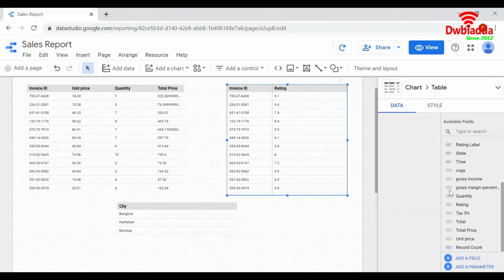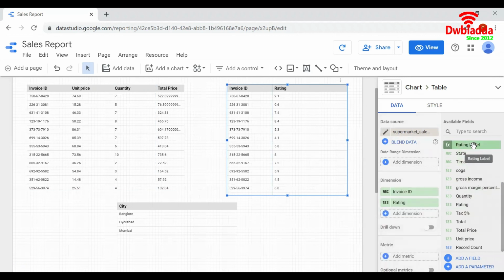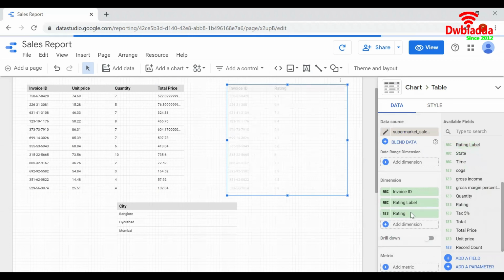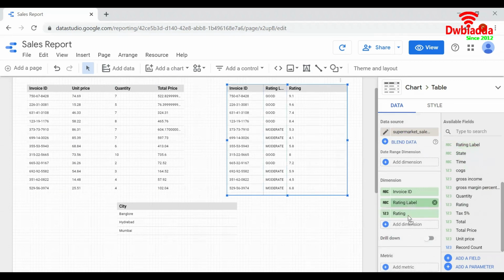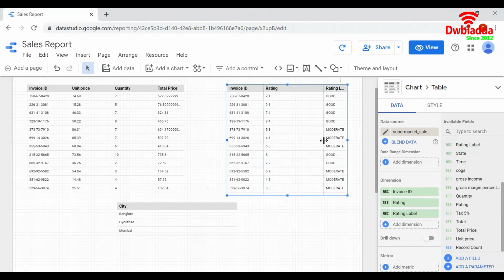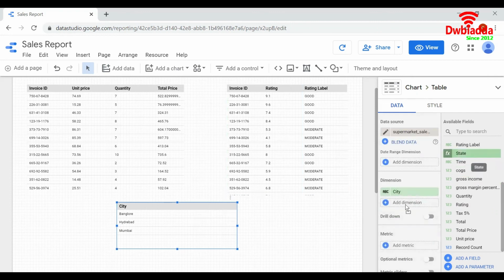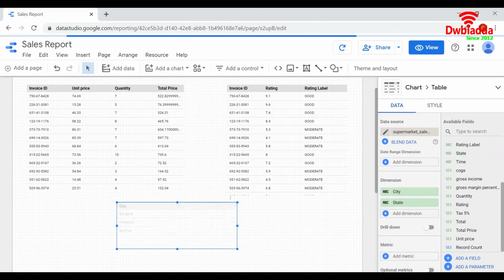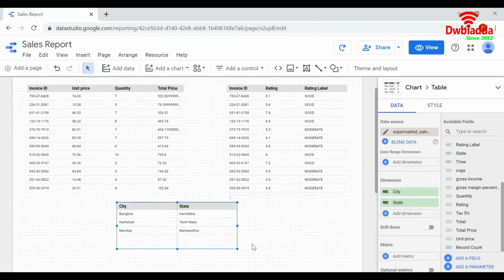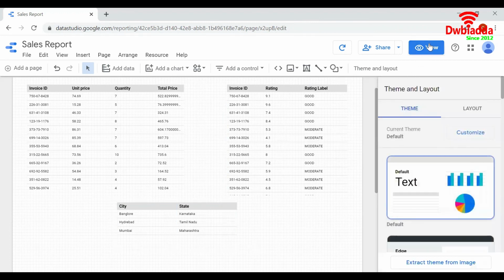And in this table, let us add the rating label calculated column that we created. So here we can see that for the values between 7 and 10 it is good, and for the values between 4 and 7 it is moderate, and less than 4 it is bad. For this table, let us add state. And let us view this report.